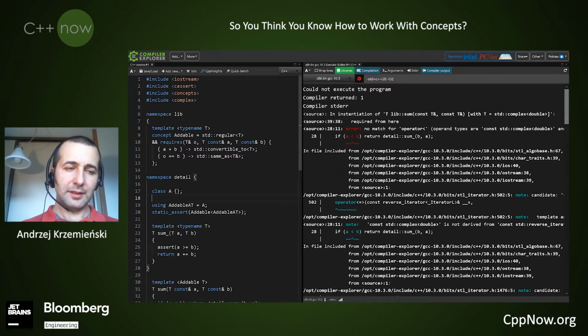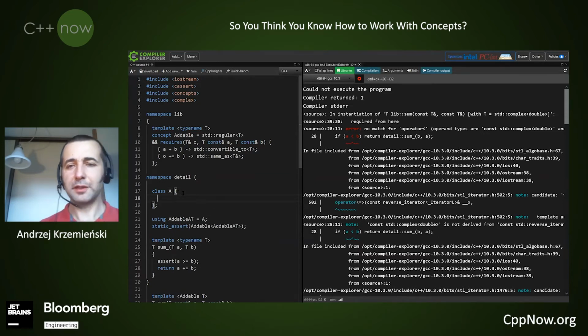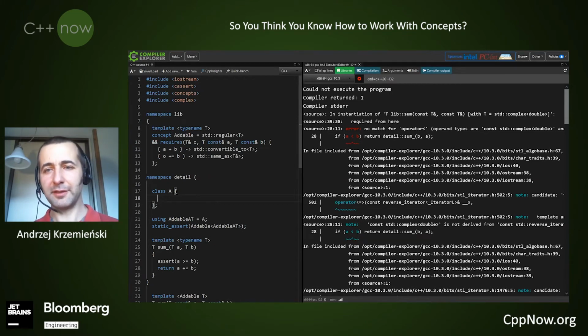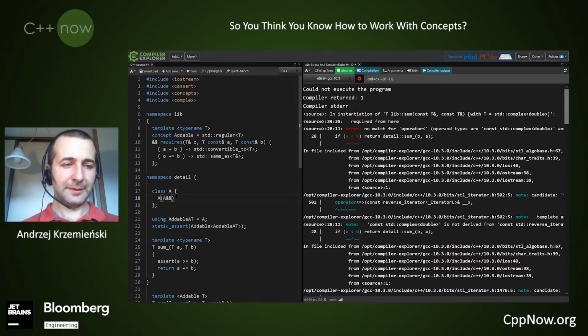And the thing is that if we only use braces here, open brace, close brace for a class, it doesn't have empty interface. It already comes with default constructor, copy constructor, the big five, the assignment operators. So in order to start from an empty class, we would have to delete all of those, or declare as deleted.